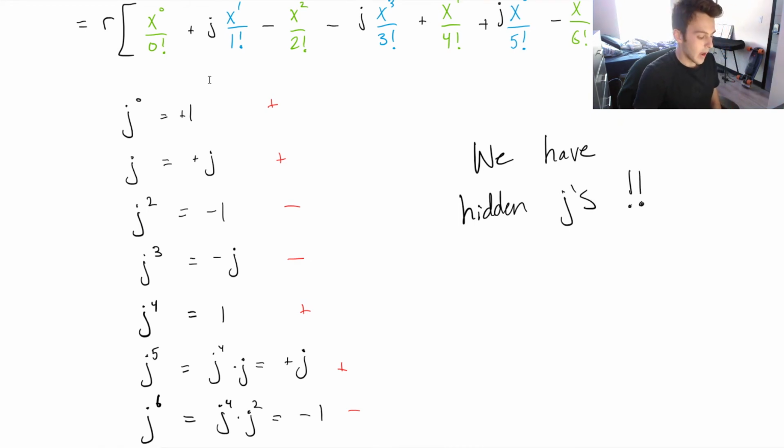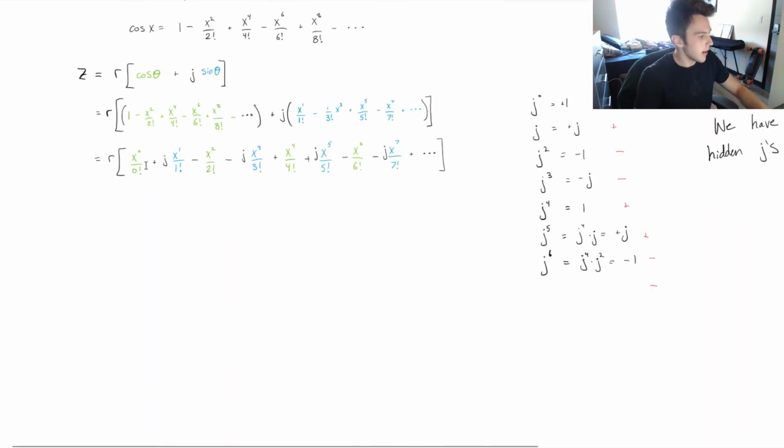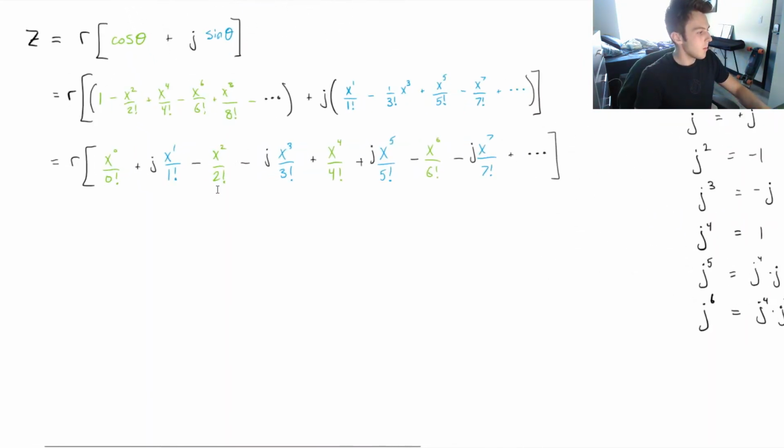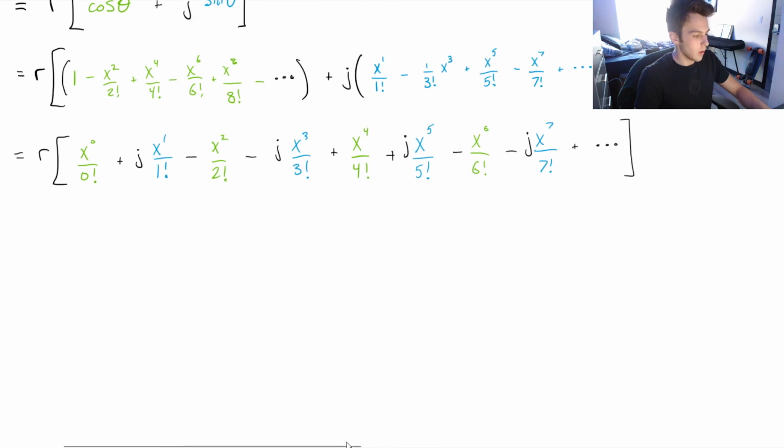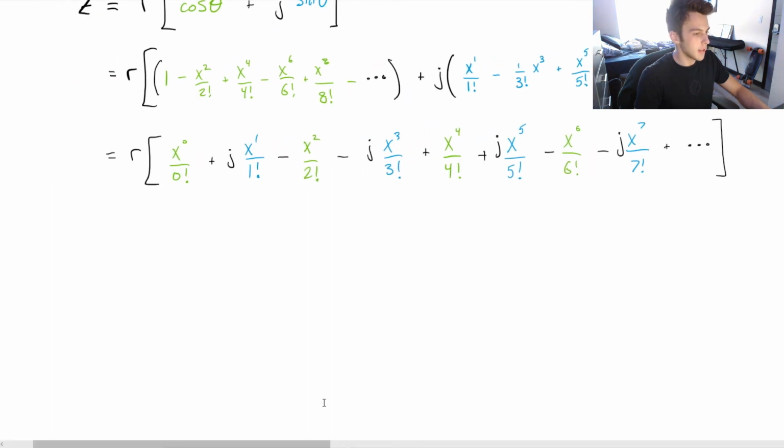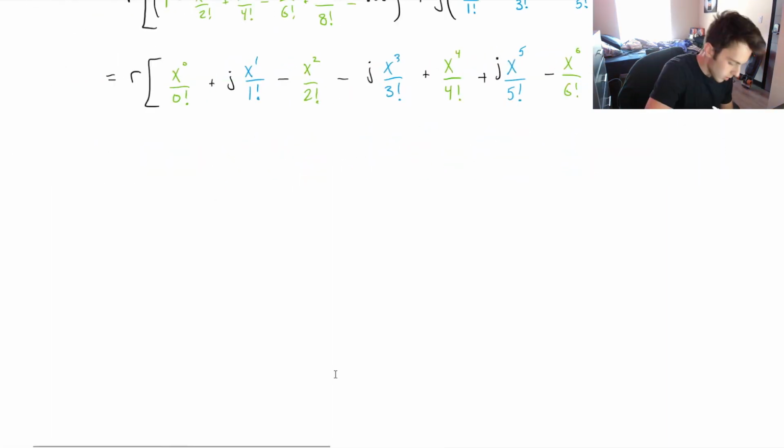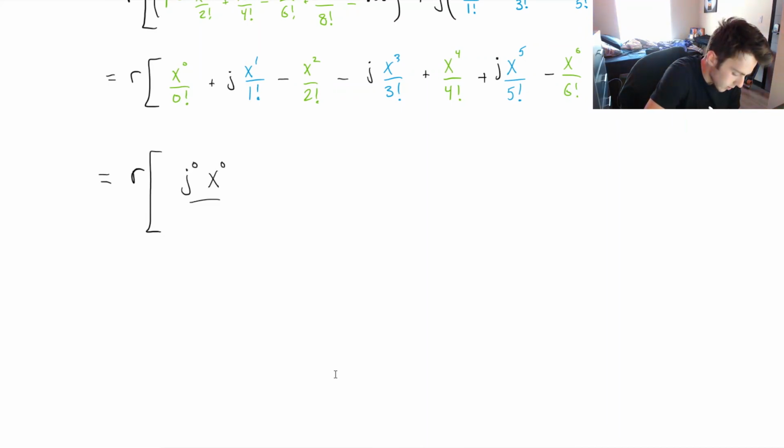So now I want to rewrite this with all of these j's, okay? So I've just moved this to the side, okay? And now let's rewrite this with all of our hidden j's, okay? So we've got r times, and now what I've got is j to the 0 times x naught over 0 factorial. I've got j to the 1,